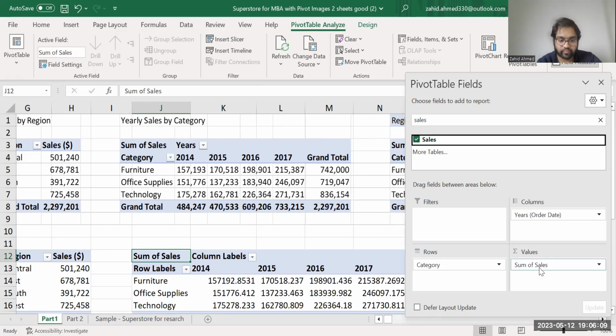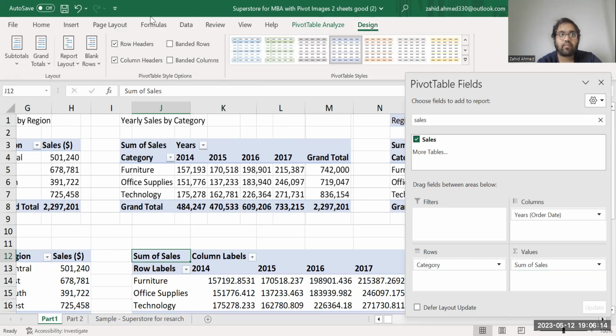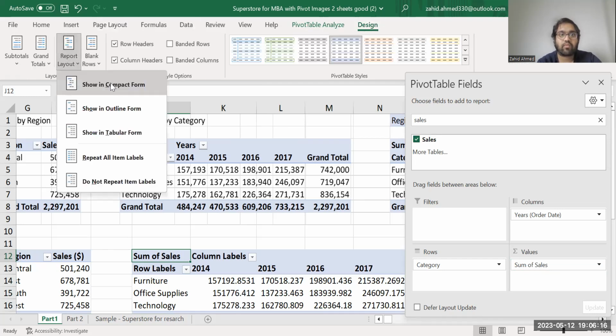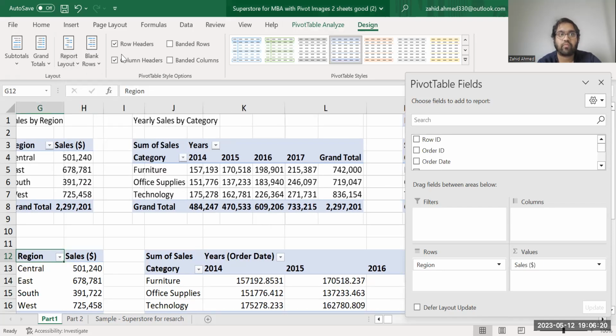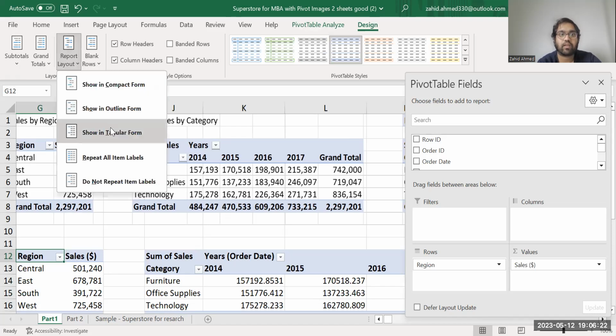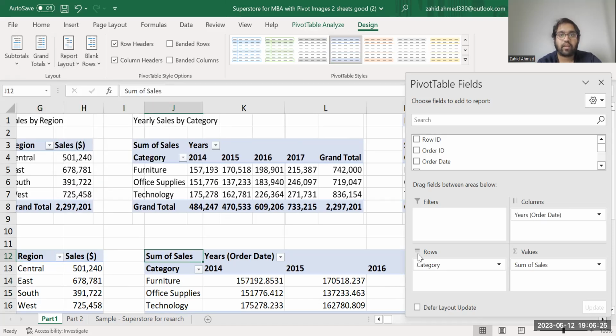Here we go. Now we need to go to design. We need to go to report layout, and we'll select tabular form. Same we need to do here also. We forgot to do it. Design, we need to make a tabular form. Okay, now